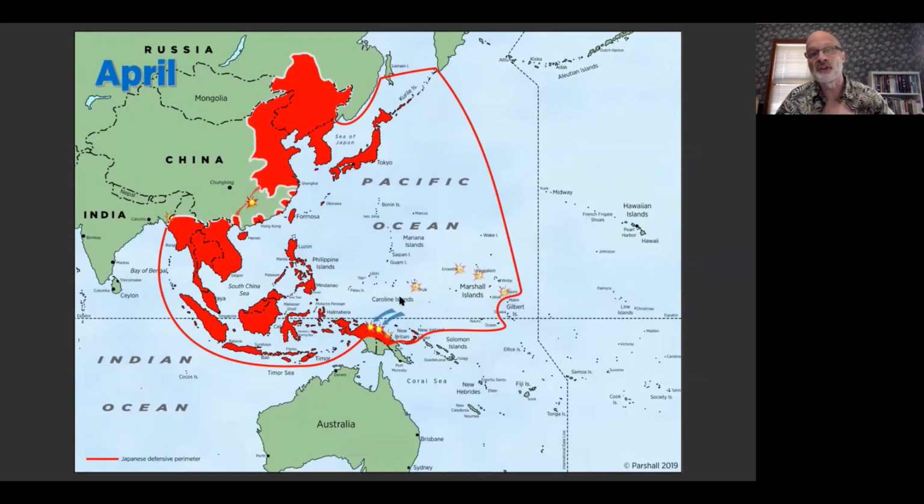You get to April, we have another couple of operations on the northern shore of New Guinea, and there's also very heavy fighting going on in China at this time as well. And that brings us to May, where MacArthur's forces capture the island of Biak at the western tip of New Guinea. And this wrong-foots the Japanese. They think that, okay, the next blow is going to be aimed towards the Philippine Islands. We're going to move our naval units down into this neck of the woods,